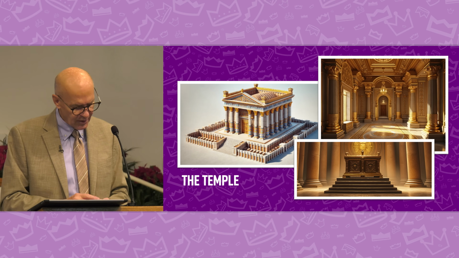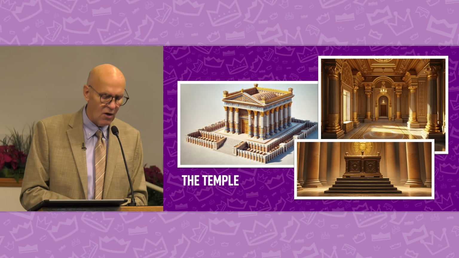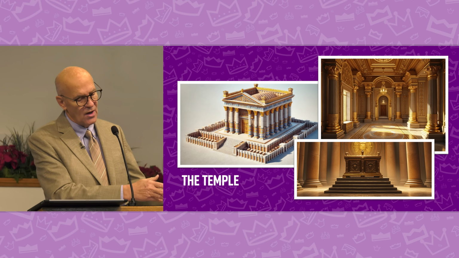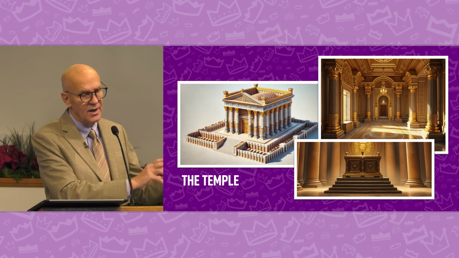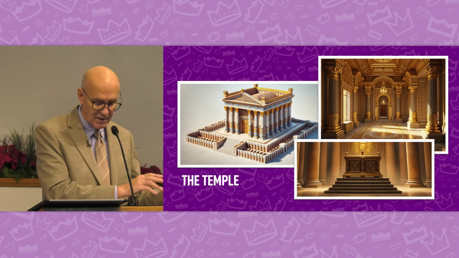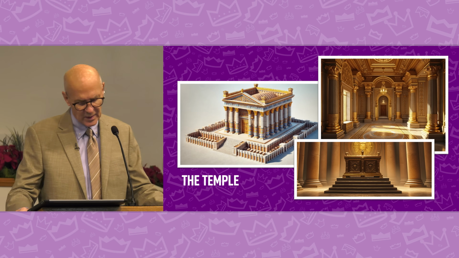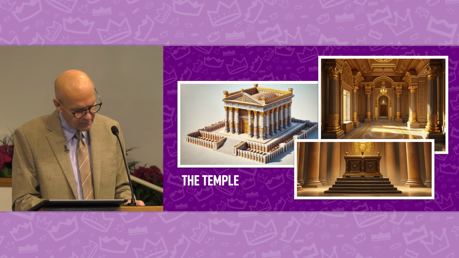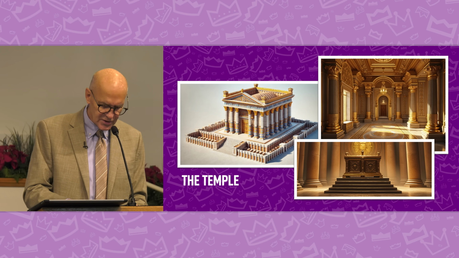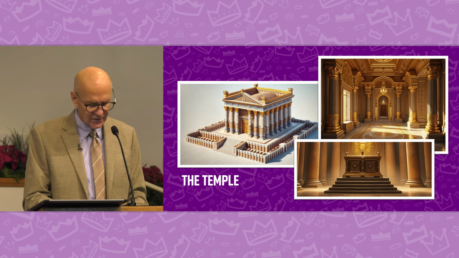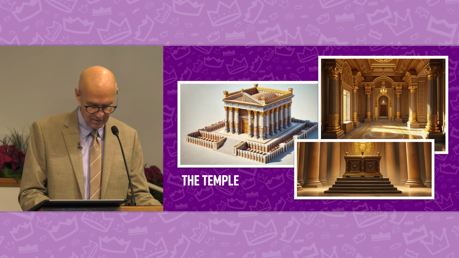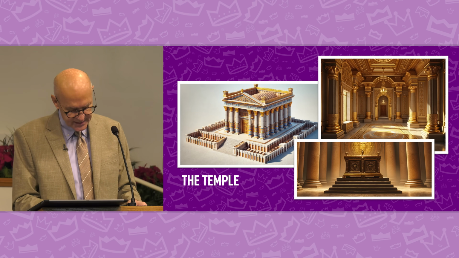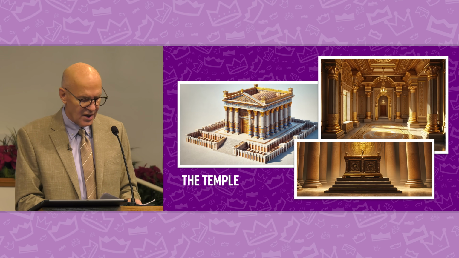The inner sanctuary, also called the most holy place, is where the Ark of the Covenant would be placed. And of course, the Ark of the Covenant was stationed inside the tabernacle, the tent, at that time before the permanent temple was built. The temple is adorned with elaborate carvings of cherubim, palm trees, open flowers. The walls are overlaid with gold, giving the temple a majestic appearance. It takes 7 years to complete the construction of the temple, a symbol of Israel's devotion to God.